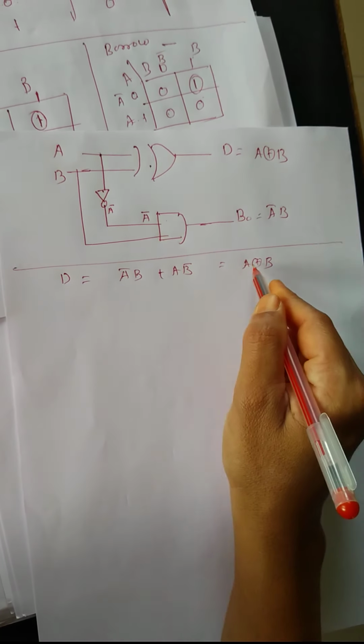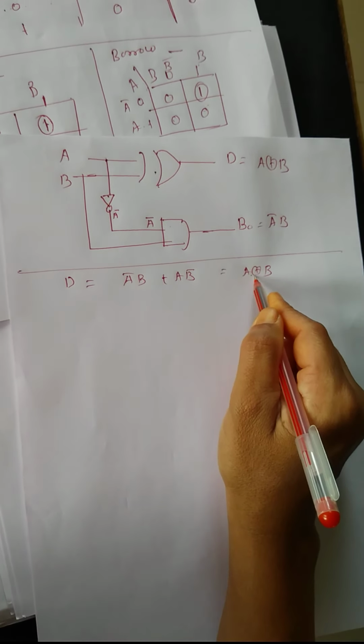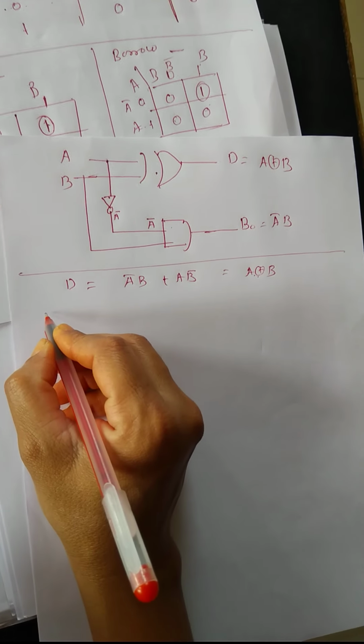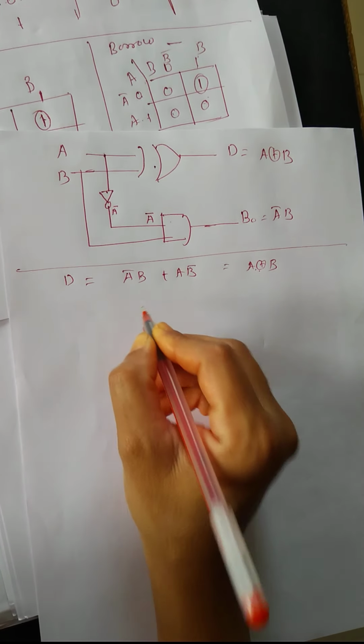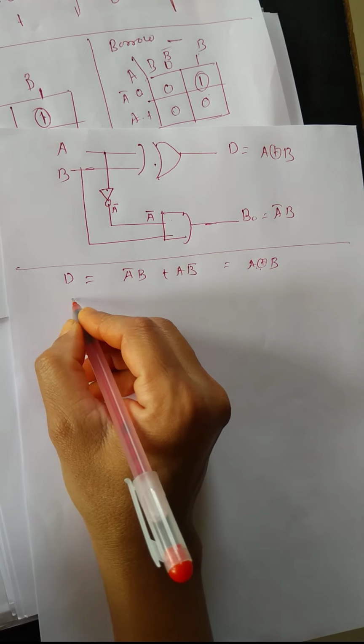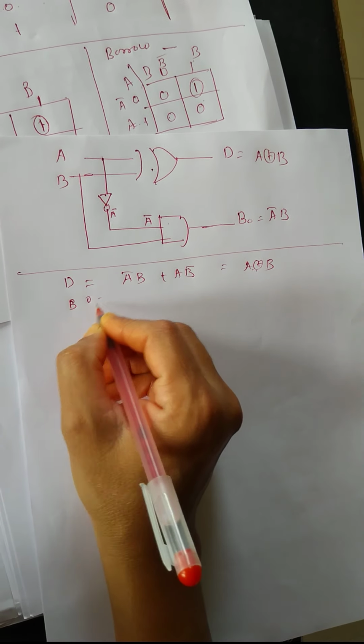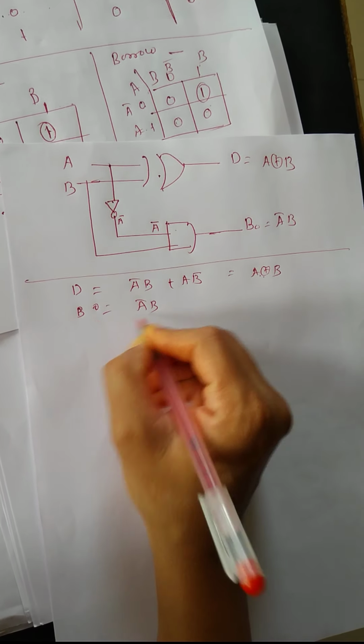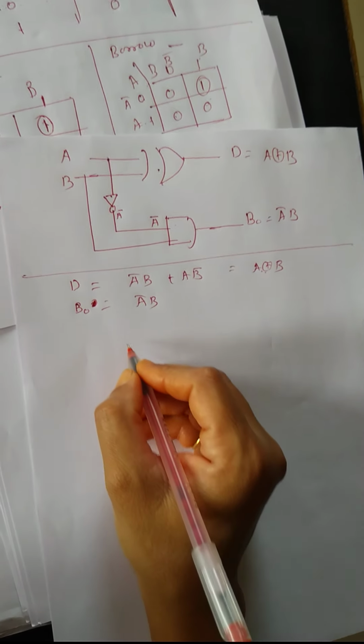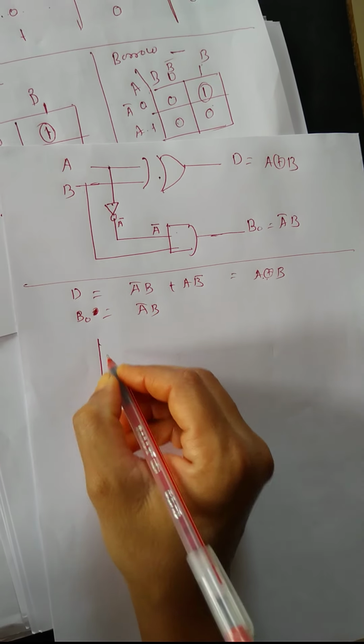So this equation, we write as A XOR B. But to realize it using basic gates, only in the diagram are basic gates required. And the borrow equation is A bar B. So in the diagram we only require the